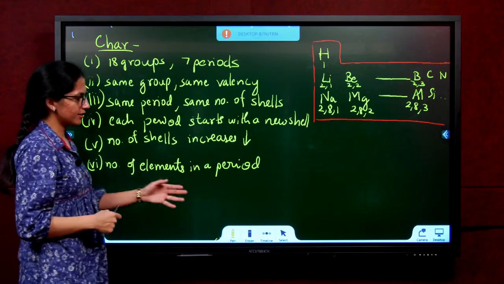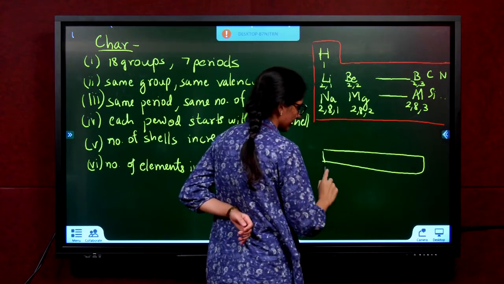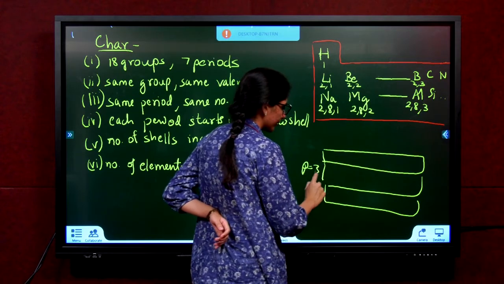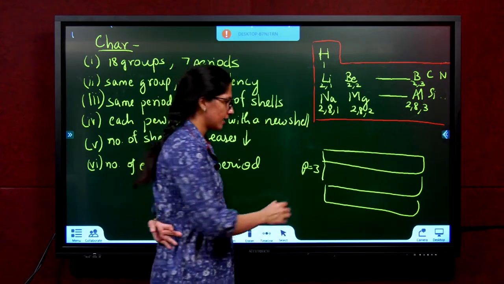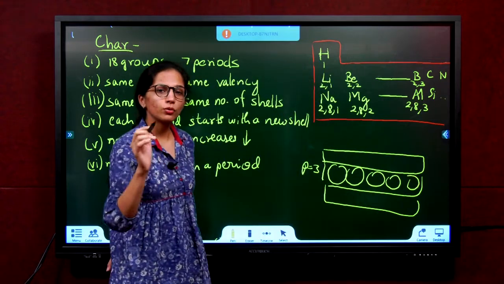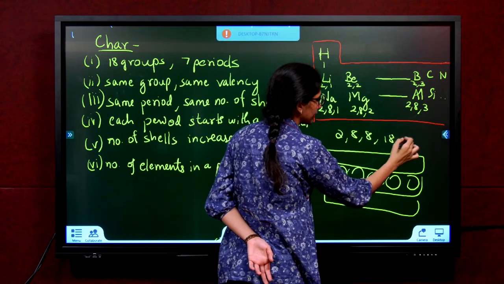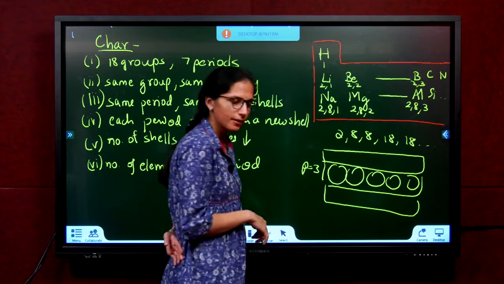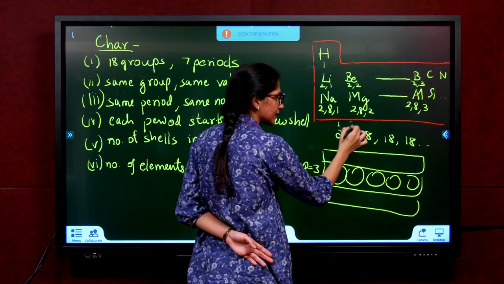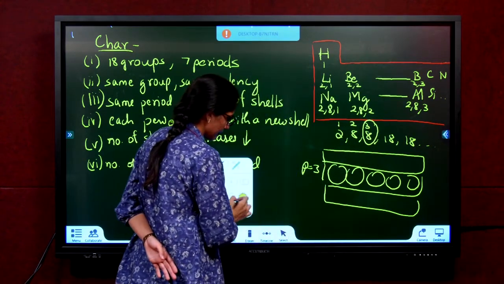Next, number of elements in a period. So now, how do you know how many elements are there here? If I tell you, this is period 3. How many elements are there in this period 3? That you will go by this number that you learnt, 2, 8, 8, 18, 18. It's that same concept. So I am talking about the third period. So first, second, third, so 8. There will be 8 elements in the